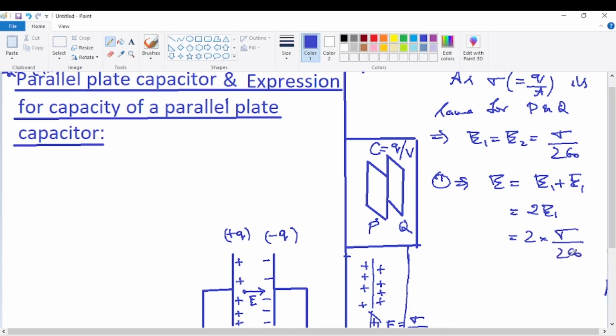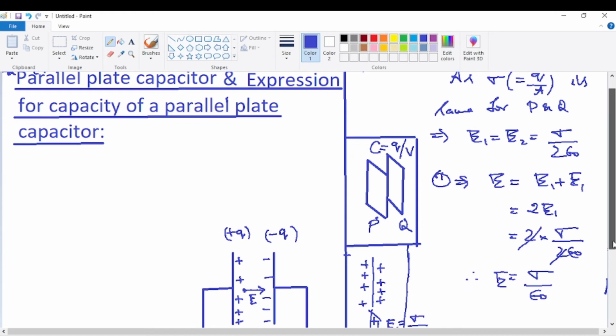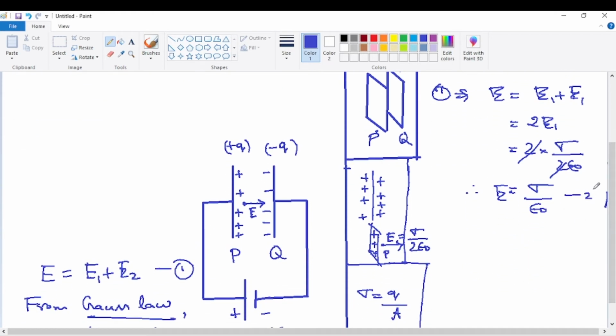So then what is happening here? The 2 gets cancelled, so simply it's coming as sigma by epsilon naught. So therefore, the net electric field we got. This equation is very important. We directly got it from Gauss law. So once we got this, what is the potential difference now? So the potential difference